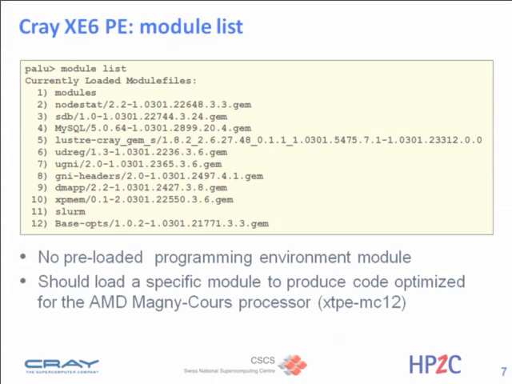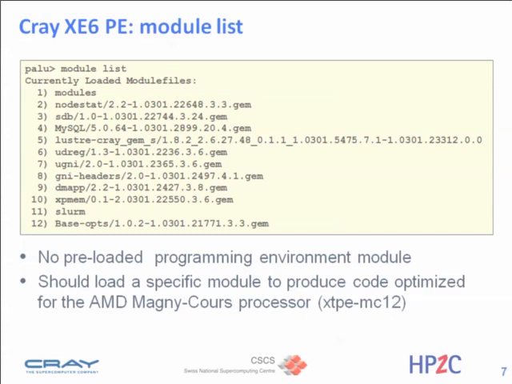On the Cray XE6, on this machine, if you issue the command module list, you show which modules are loaded for you. When you log into the system, some modules are already available for you by default. So for example, by default,